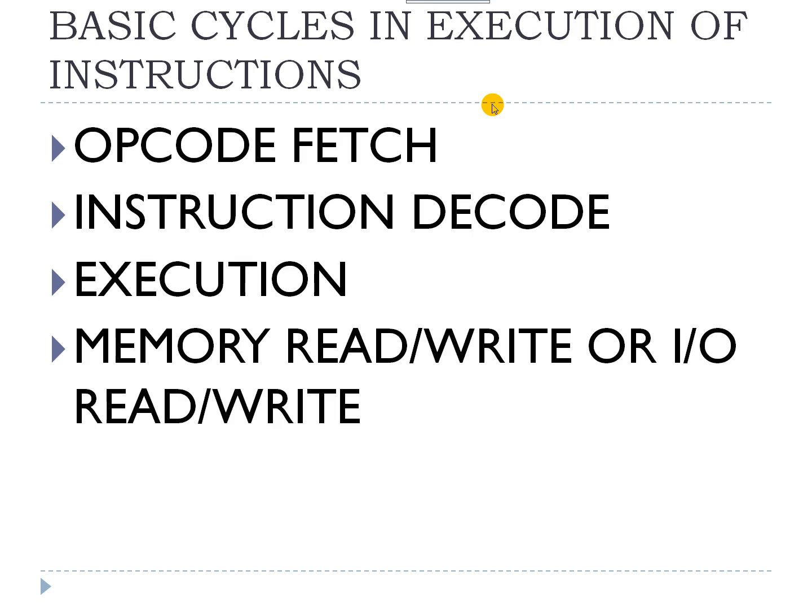So from the program counter, it is decoded by the instruction decoder. After decoding, the control signals will be generated, and depending upon the control signals, the execution cycle will be done. After the execution cycle, the output of the particular instruction is stored by the memory read or input output read cycles. So these are all the basic cycles in the execution of instructions in the 8085 processor.